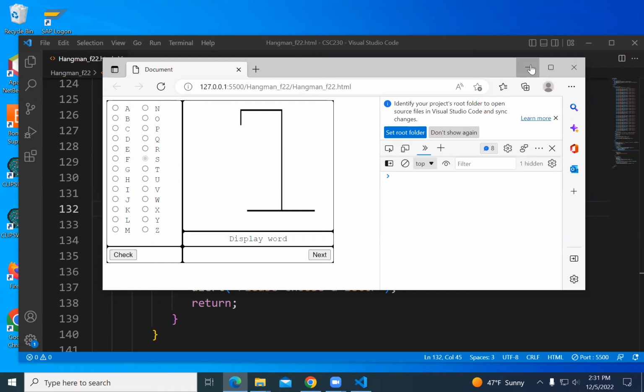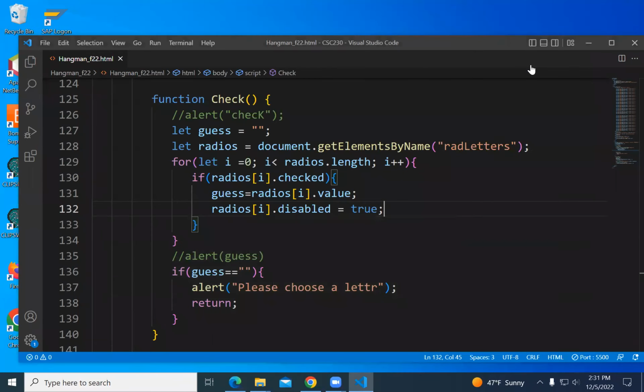I would like to unselect it. How would I unselect? I would like to disable it and unselect it. I could do it by checking some other radio button. That's true.